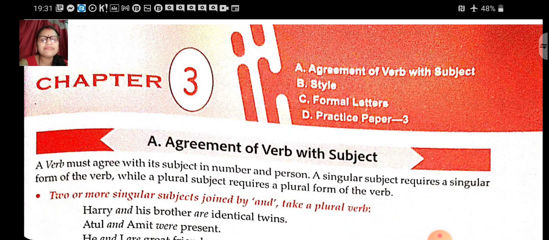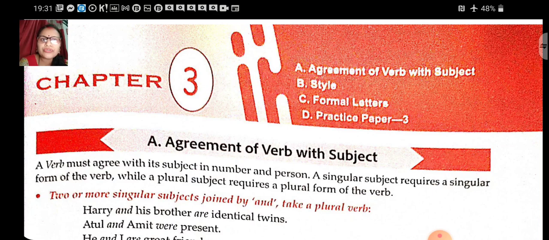So I request everyone, kindly get your books in front of you, so that when I read it out you can check in your books also, and this is how you will understand. Take a pencil with you so that you can underline wherever you are not able to understand, and you can ask me your doubts in your Google Classroom also. So let's start the class today.